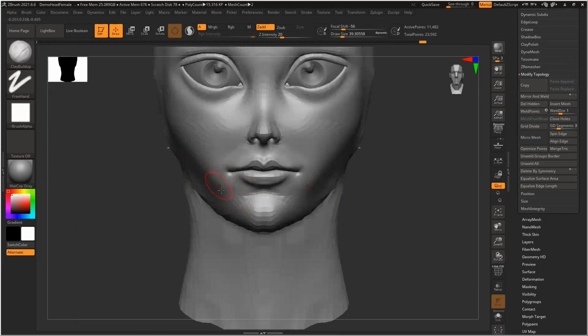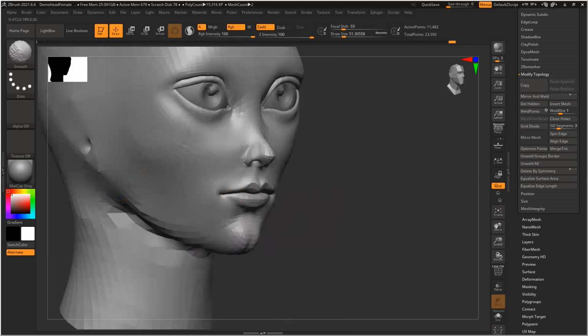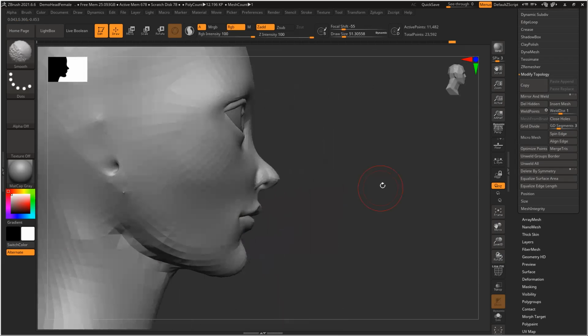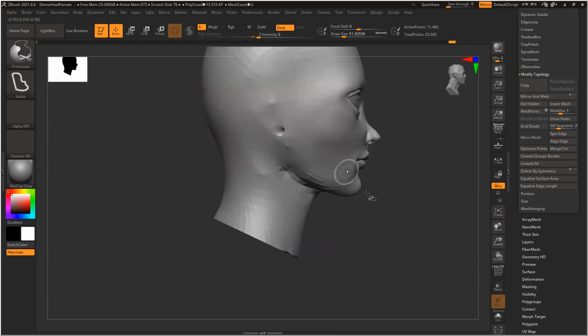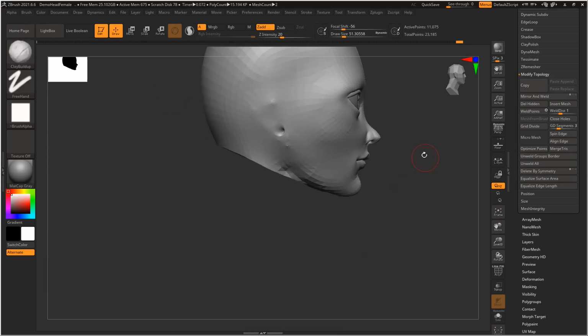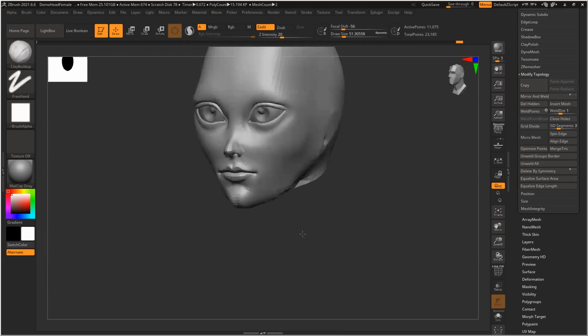PCB. Cheekbones are a little prominent. You can cut that section. That will make my life a little easy.